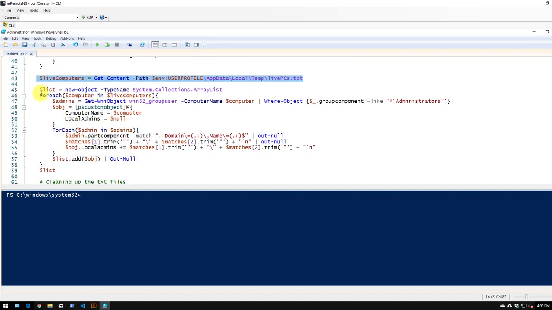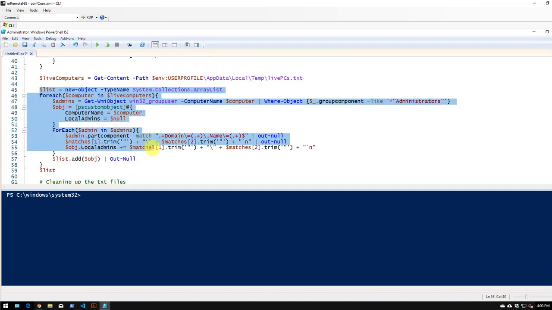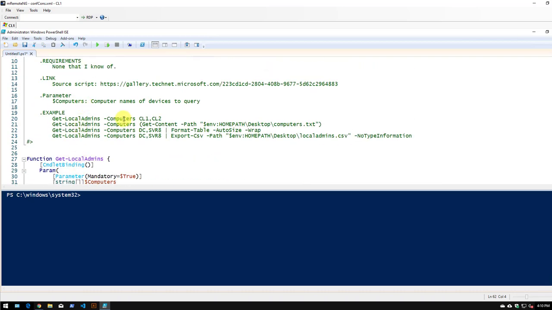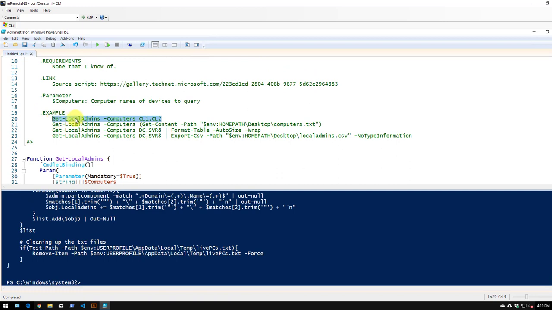And here is the nuts and bolts of how we're going to get to the local admins. So we're using Get-WMIObject, the Win32_GroupUser class, and where is it? The PartComponent property. And we're using essentially the same code as this person did on Script Center. I just did a little bit more formatting, added the Out-Null here so we didn't see a bunch of stuff on the console. And then down here we're just cleaning up the text file, so not terribly complex, a little bit more flexible. So in its simplest form,